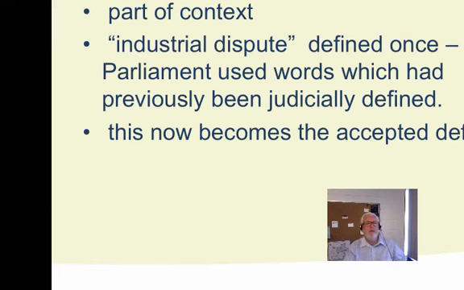Another presumption, I should say, that legislation approves the common law. I think this one is still alive as well. Again, though, subject to the new rules of statutory interpretation, or the modern rules, if we call them that. The reason I say this one is still alive is that it's part of context. So that legislation approves what the common law has been doing is part of the context.